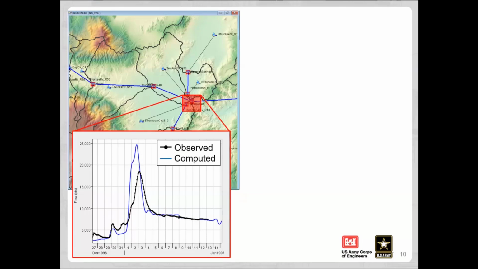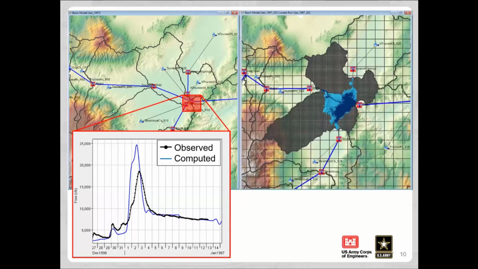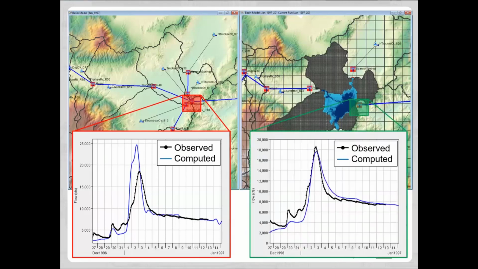So what I did was I took this model and I merged those 3 subbasins that you see there in the middle into a single subbasin, replaced that with a 2D area, replaced unit hydrograph theory with a 2D area, and all the hydrologic routing methods for the channels with the 2D area, and allowed water to flow where it was going to flow in the overbanks and all the other places. And you get much, much better approximations of translation and attenuation processes here. So I'm allowing water to flow in the overbank. It can stop, it can flow backwards, and it can move on downstream when it's ready,